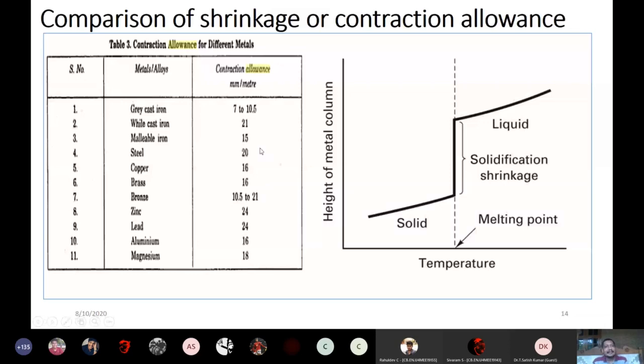And there is one material that will not shrink at all when you are making the casting. So it is your job to identify which metal doesn't require any shrinkage compensation in the casting process. So this is about the liquid. Liquid and solidification shrinkage will be taken care of by the riser, either the open riser or the blind riser. This is used for compensating the solid shrinkage allowances in the metals.